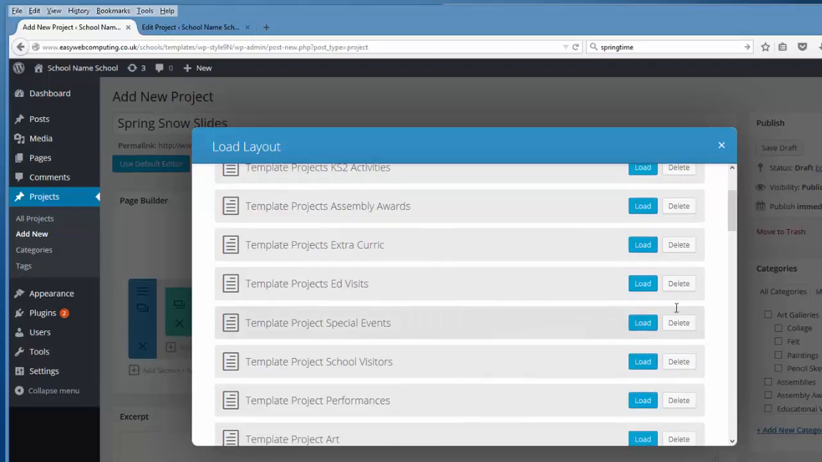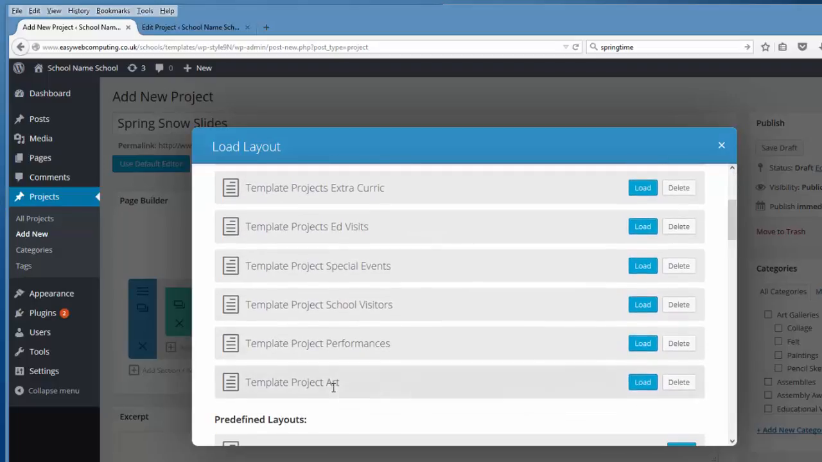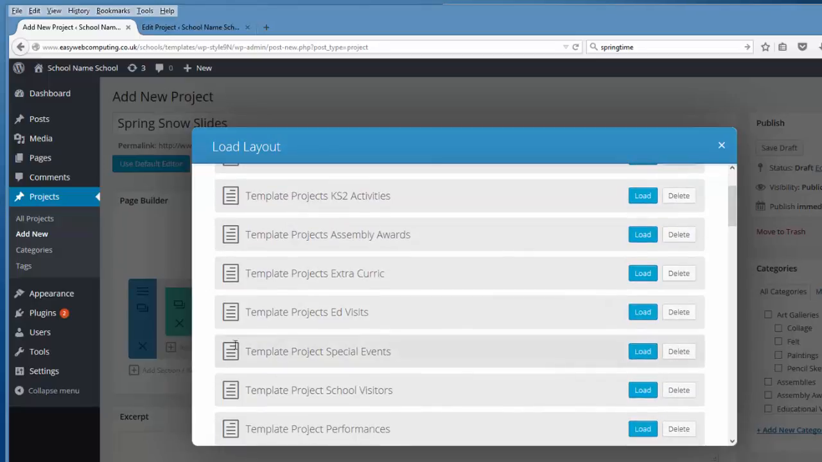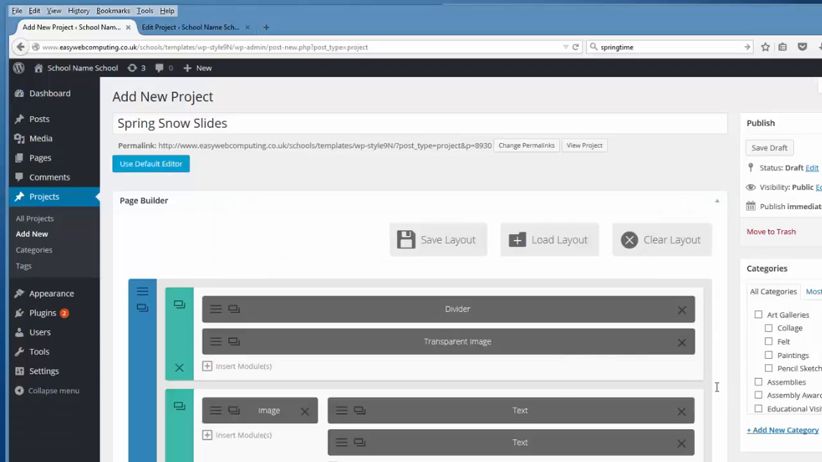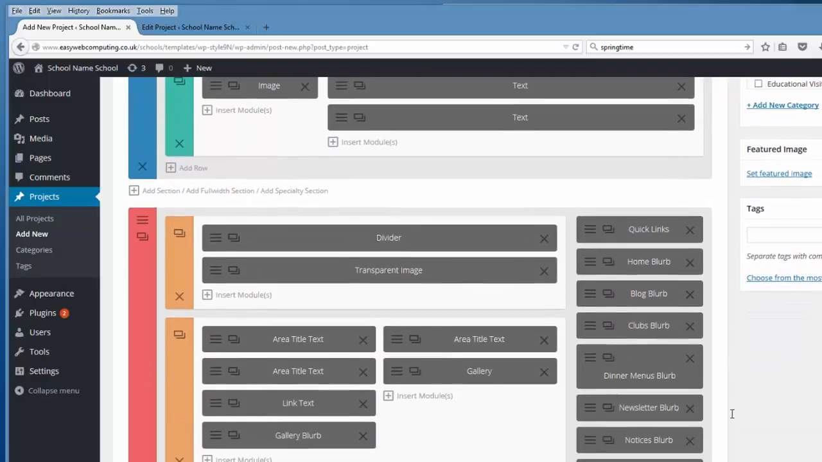So if you remember from last time, we said your website might just have 2 templates at the top, one called projects and the other one may well just be called project art as a template. This style has got all kinds of website templates in, and we're going to use the special events one, and we're going to click on the load button. So click load, and that brings in our web pages we showed last time,